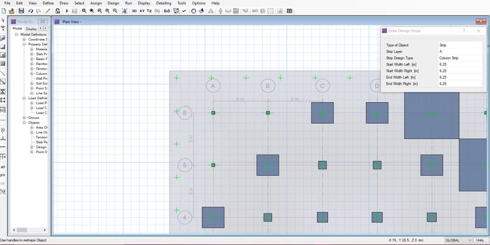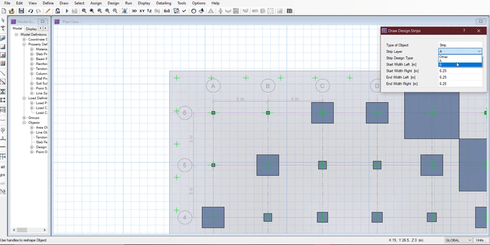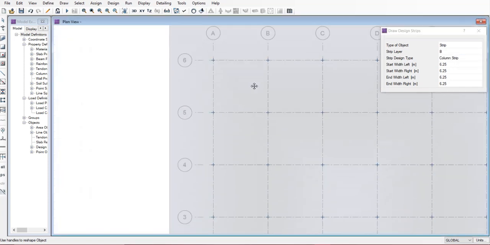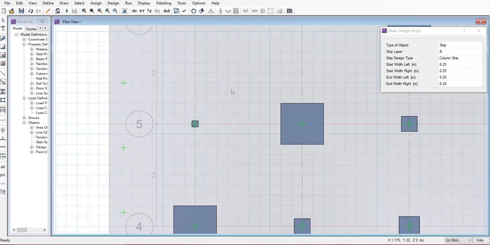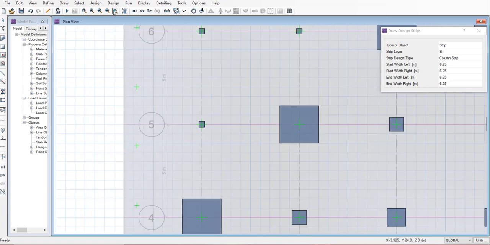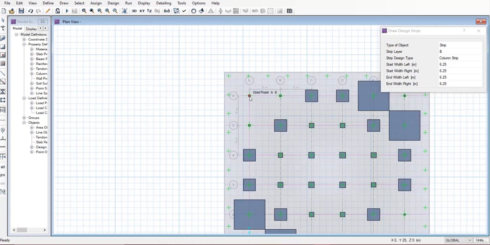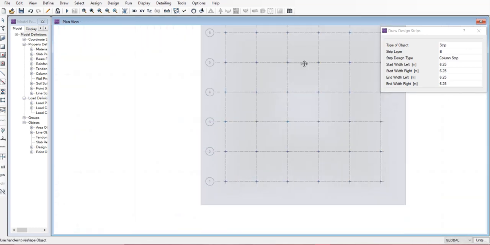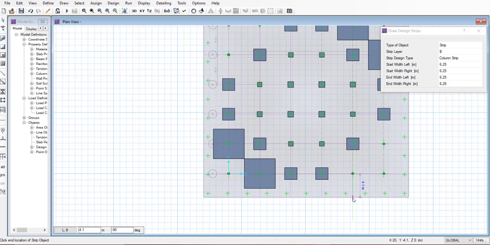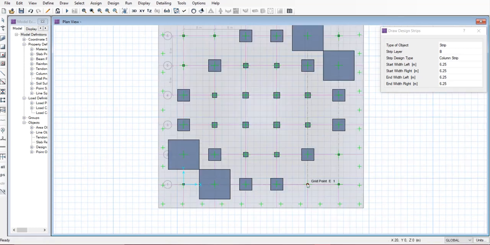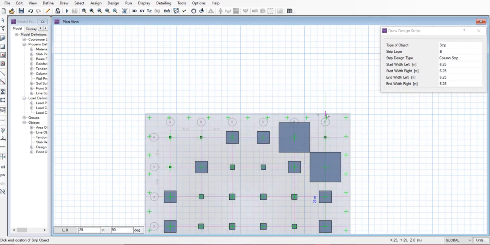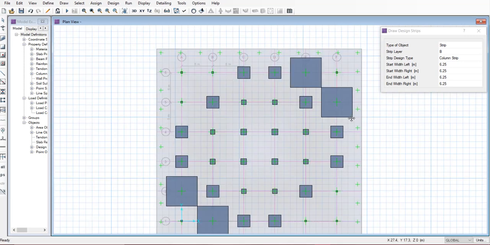For strip in Y direction, select strip layer as B. Now the design strips are drawn.